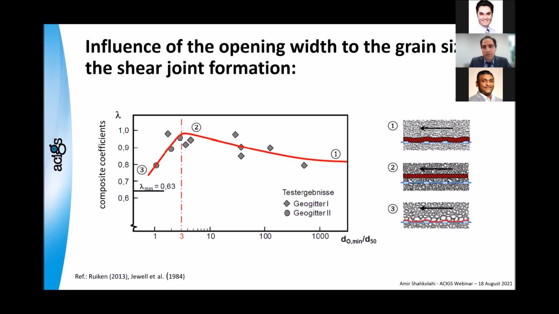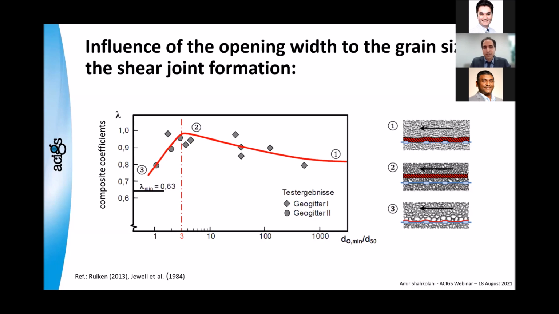So this shows that the shear failure will be on top of the ribs. And there is still some friction between the gravel inside the aperture and the gravel on top. If we move to zone 2, now we have good interlocking, because in zone 1 the aperture is very large. So in zone 2, the gravel can go into the aperture and we have good interaction and interlocking. So you can see in area 2, actually we have some confinement in the gravel directly inside the aperture and on top.